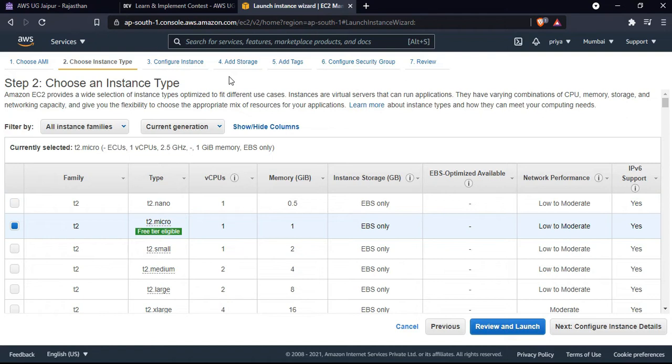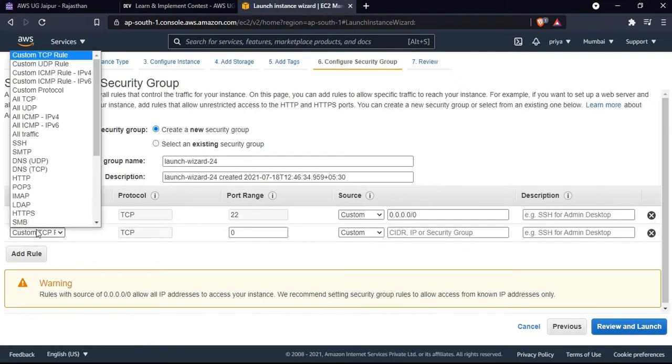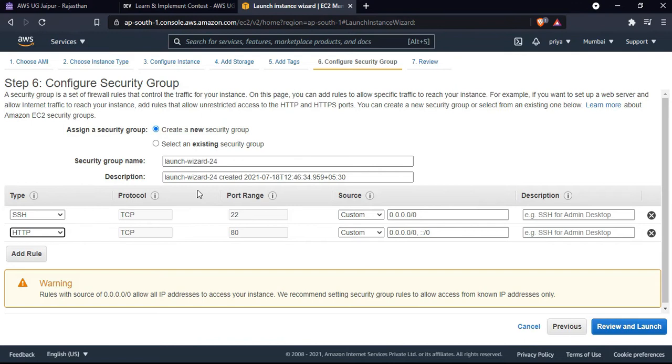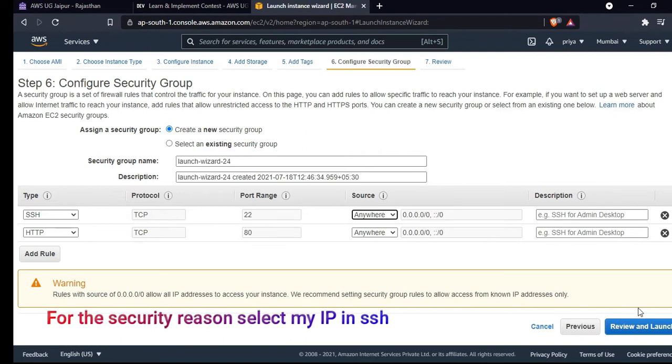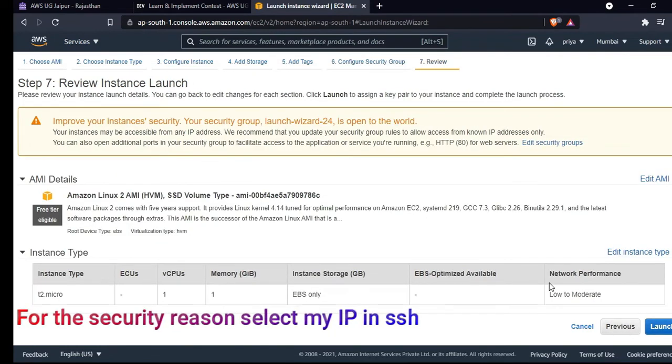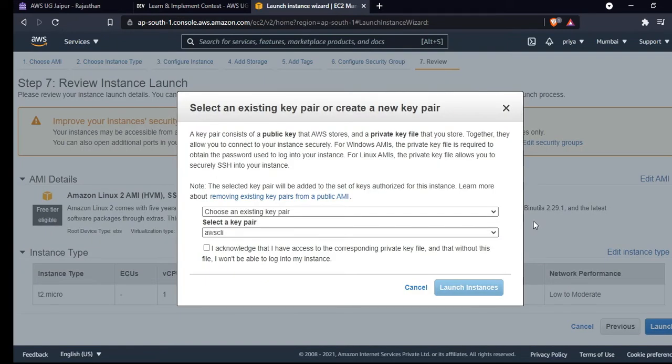Let everything be default as it is, but for the security configuration, configure security group, add one more rule for HTTP, and select from anywhere, and you can select anywhere here as well, and click on review and launch, and then launch. Here you need to select a key pair.